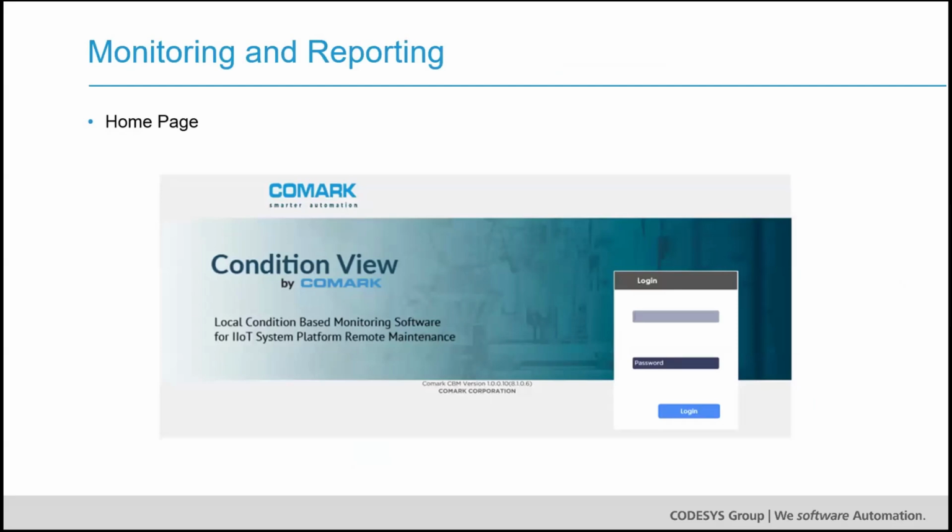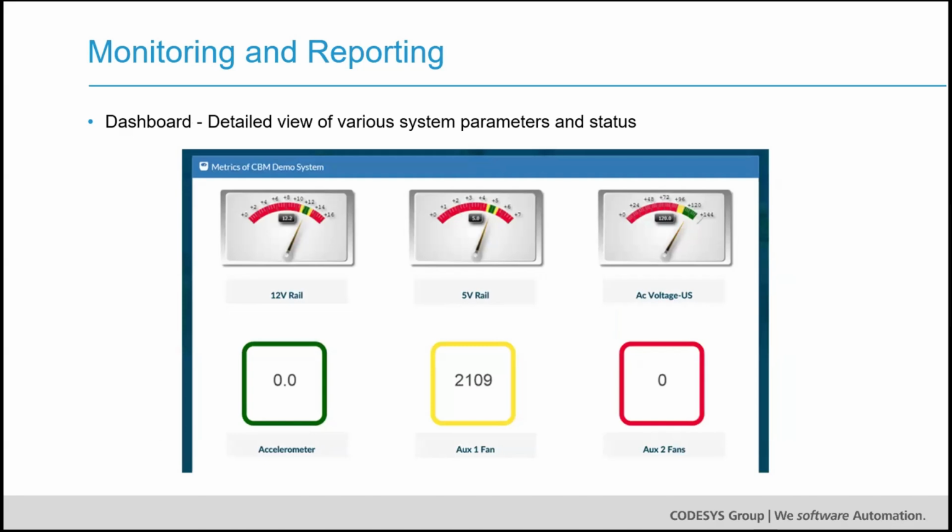Just a few screenshots of what this looks like. So basically you start with logging into the system, some simple dashboard. What does it look like? Well, different rails. Again, this is an example of that. If you're monitoring environmental conditions such as accelerometers, fans, etc. This is a very simple dashboard, and